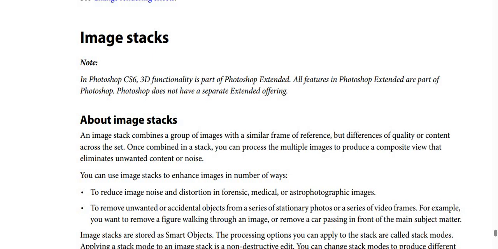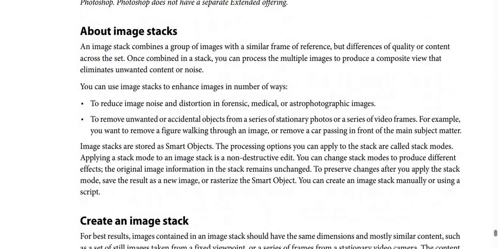And what about image stacks? An image stack combines a group of images with a similar frame of reference, but differences of quality or content across the set. Once combined in a stack, you can process the multiple images to produce a composite view that eliminates unwanted content or noise. You can also use image stacks to enhance images in a number of ways, and to reduce image noise and distortion in